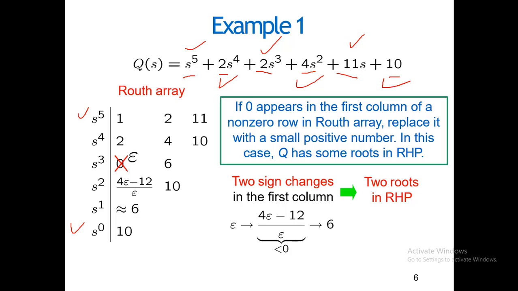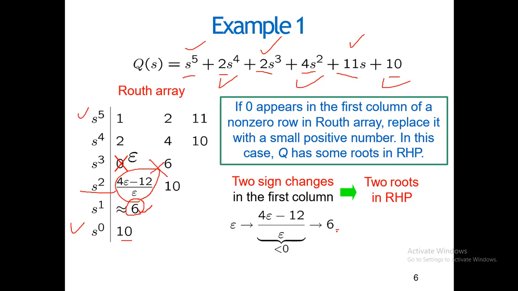We got this 0, so we shifted it to epsilon and we solved this. Instead of c1, let's write it down as it is, and again we multiply this thing with this and this thing with this and divide it as a whole by this. So we got approximately 6 and then 2. How did we find out the value of this thing? We found that 4 epsilon minus 12 divided by epsilon should be greater than 0. If you find the value of this epsilon, this turns out to be 6. So it means there are two sign changes.